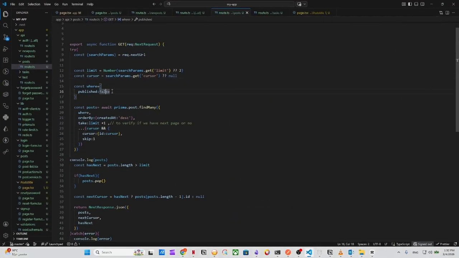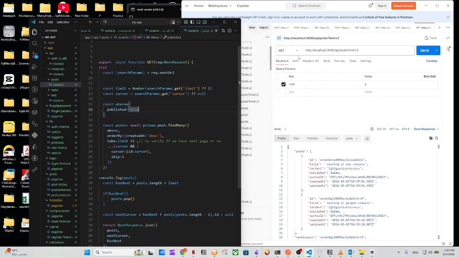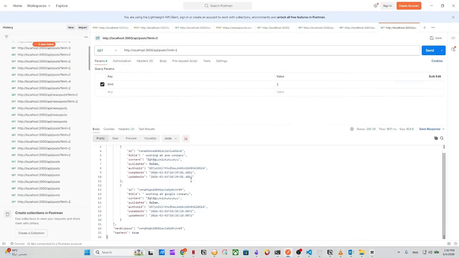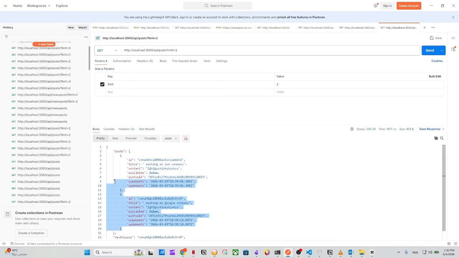Here we put published true, because, as I said in my previous video when we were doing offset, we didn't publish any post yet. We put all false, right? So we have to put false here, so it will work. So this is it. It's working now. Okay, I got here 2. Okay, data here, and